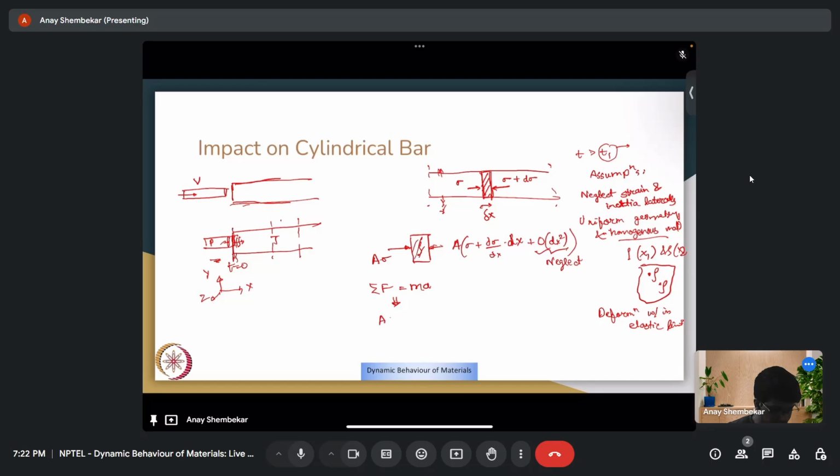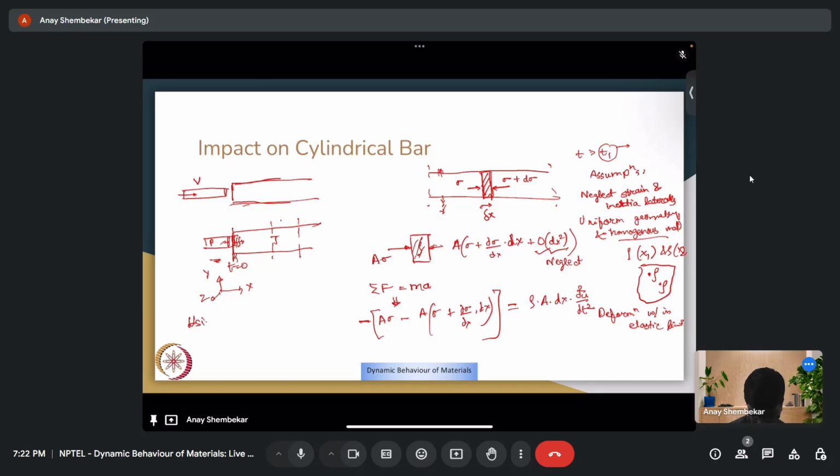A sigma minus A times sigma plus dou sigma by dou x dx. The minus sign is coming due to compressive load, and this is equal to rho A dx times acceleration. Acceleration is nothing but the second derivative of displacement with respect to time. So if I simplify these equations and